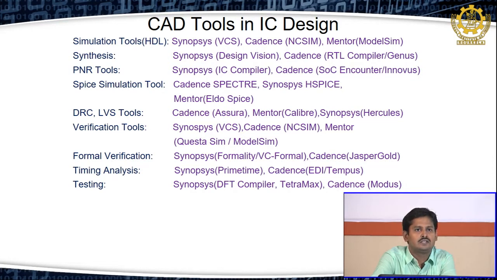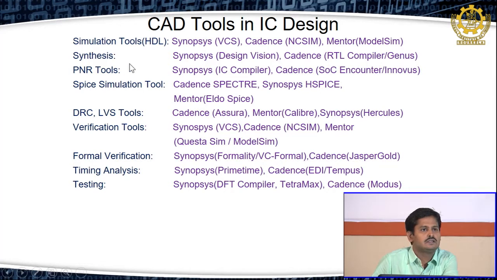There are three major vendors in industry producing tools for VLSI. One is called Synopsys, second is Cadence, followed by Mentor Graphics. The tools I have listed here are according to their companies. If you have designed a gate and want to simulate it at IC level, then you have to use Synopsys VCS. Cadence uses NCSIM, and Mentor has ModelSim. So this is theoretical stuff; I will just tell it, and we'll go to the next slide.